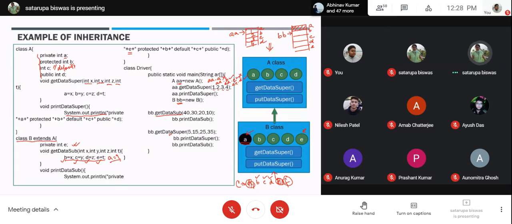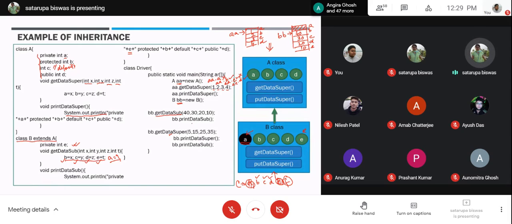But you can put data there through some other means, not directly. And what you are sending here is 40, 30, 20, and 10. So they will be placed in this manner, 40, 30, 20, and 10, as we have written. So the first data is going to B, the second data is going to C, the third data is going to D, and the fourth data is going to E. After that, you are calling the print data super.